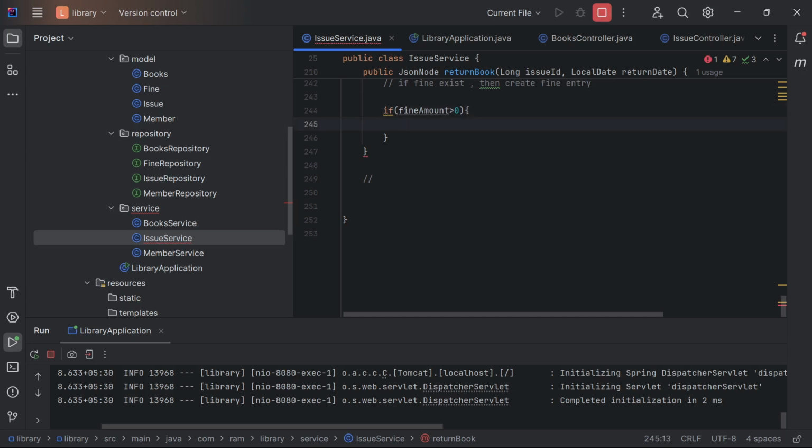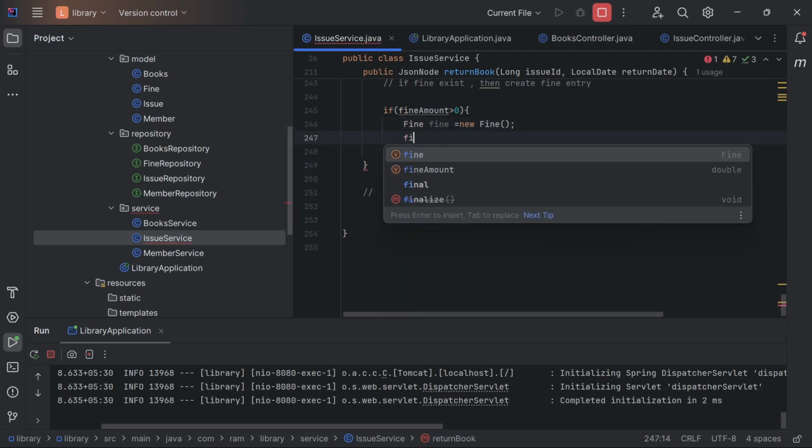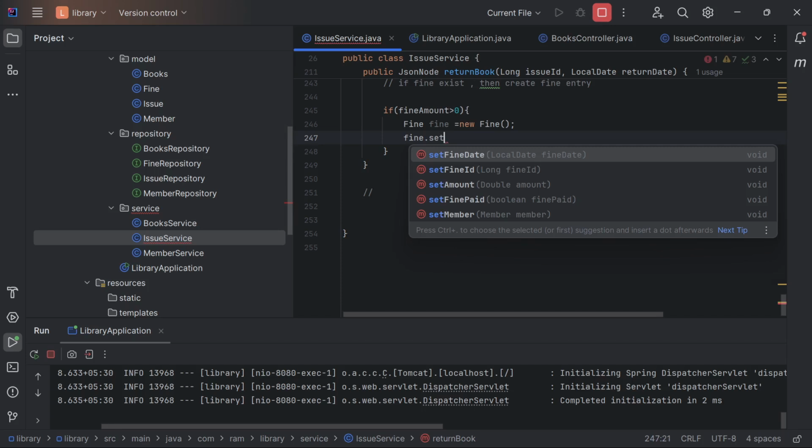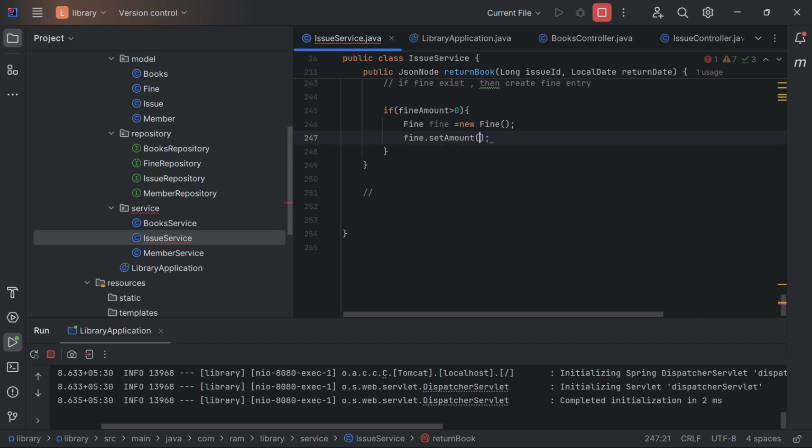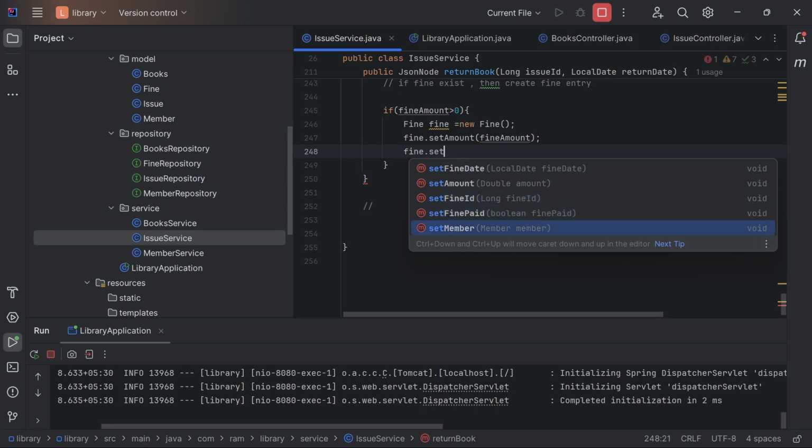Then fine equal to new fine, and then we're going to set the value, fine dot set amount. It will be the fine amount,